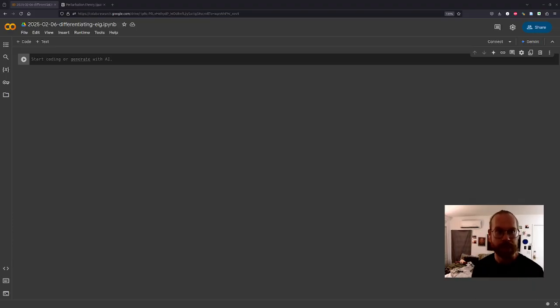Differentiation of eigenvectors is kind of tricky because the eigenvectors themselves are only defined up to a scalar multiple. So their derivatives are kind of ill-defined, but the thing that is well-defined is the projector onto the eigen subspaces.